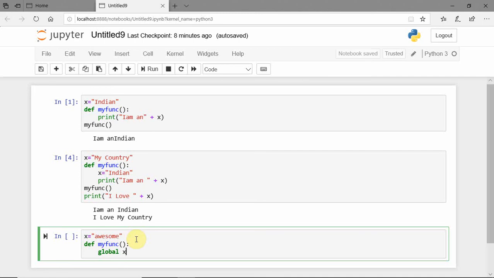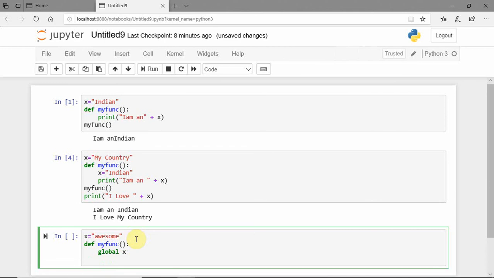So I'm taking global X, and assigning X is equal to fantastic. Now I'm calling my function. Next I'm writing a print statement.